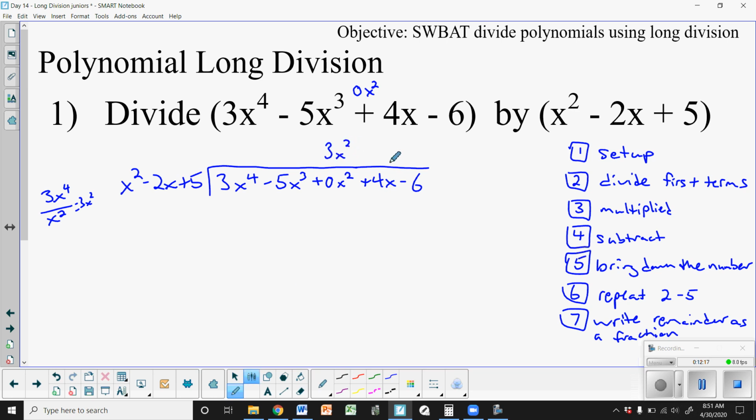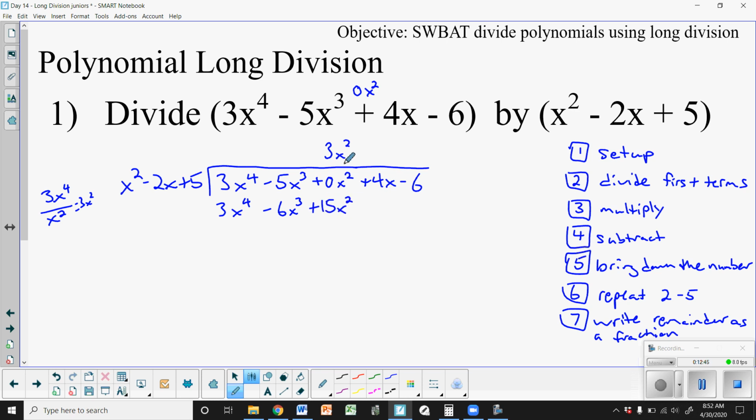So now after we divide first terms, now we multiply. I don't know why I put multiplied; we should put multiply instead. All right, so we multiply. So 3x squared times x squared, we should get the same number here. 3x squared times negative 2x, we have a negative 6x cubed. 3x squared times 5 would be positive 15